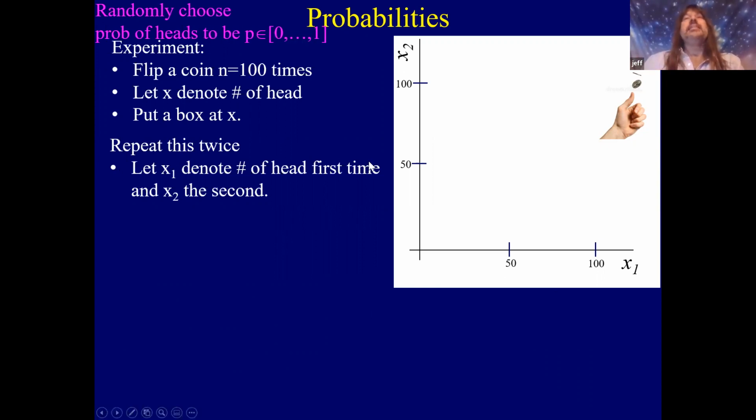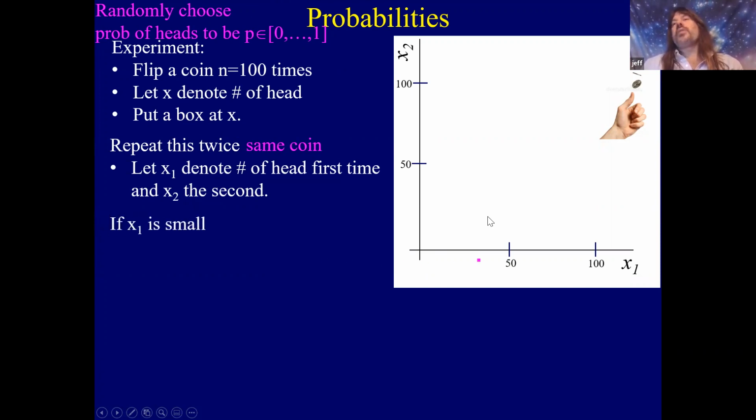So let's do a slightly more complex experiment. Before we start, we're going to fix a value P to be some value between 0 and 1. That P will be used as the probability of our coin. It'll bias our coin, so the probability it comes up heads is P instead of 50-50. And we're going to use that same coin in both of these experiments, right? We choose P once, we flip the coin 100 times, we flip the same coin 100 times,